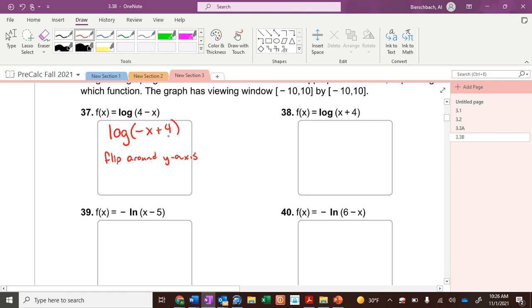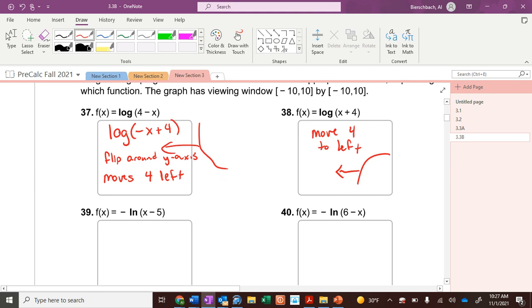And then plus 4 moves it where? If it happens inside the parentheses, we're going to move 4 to the left. This one is just simply move 4 to the left. So it looks like the original one, and then we're just going to go straight left by 4. This one, we're going to flip around the y-axis, so it's going to look like that, and then go 4